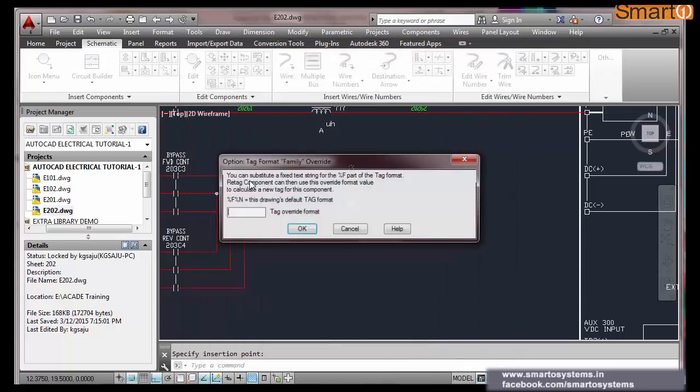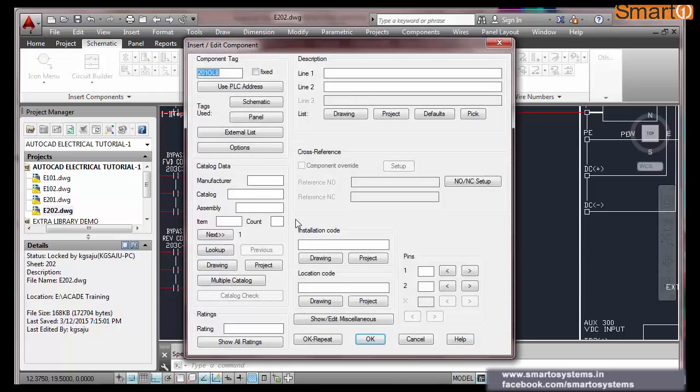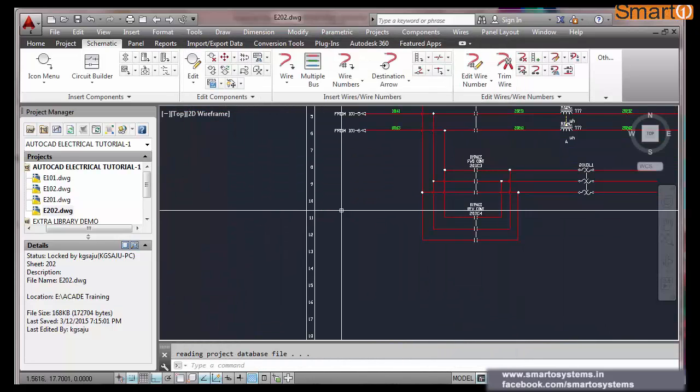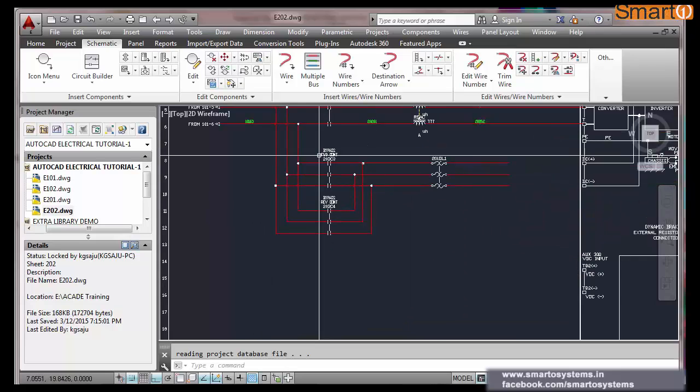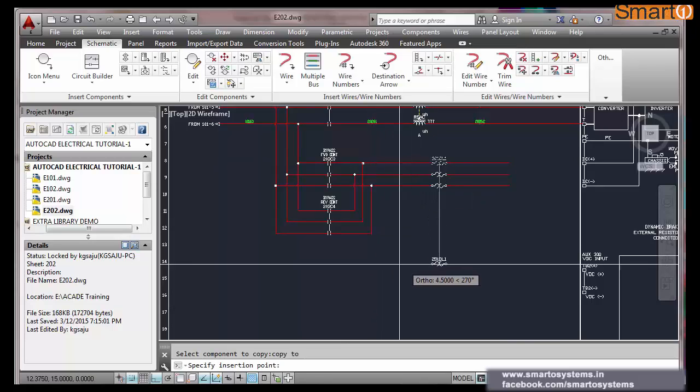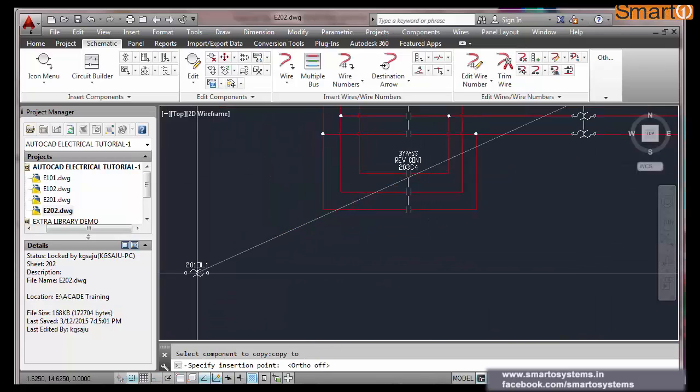Again, here is also that option, 201. If you want 201, percentage F, percentage N. Okay, while 1. Now if I copy this component, AutoCAD electrical copy component, this 201 will remain 201 only.